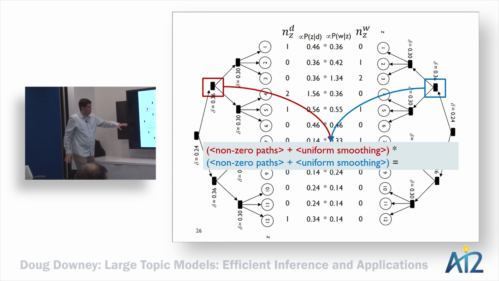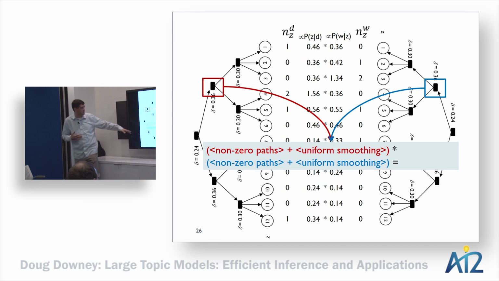So here's an example. As we're recursively, simultaneously walking these two trees, we have to process this node and say, what's the probability mass of each one of these options? We could go left or go right from this node as we're building the sampling distribution. What's the probability of each one of those? We can think of this red tree as consisting of two parts, right? It's all the non-zero stuff, so these counts that aren't zero. There are 3 of them, plus some amount of probability mass that comes from this uniform smoothing, right? Where this node took away from the non-zeros and gave back uniformly to its descendants. And this blue thing is the same deal over here on the right-hand side.